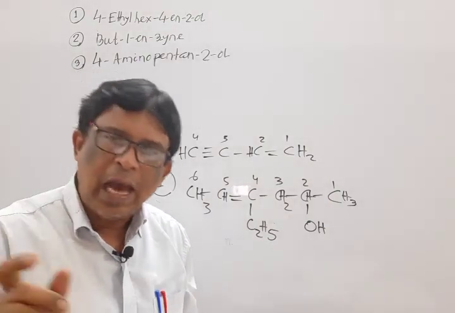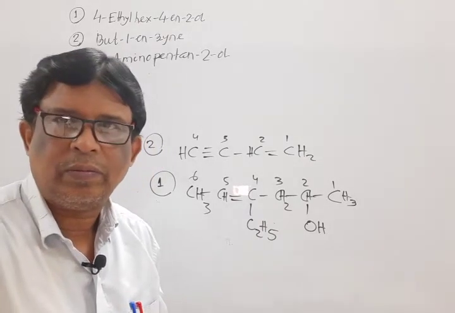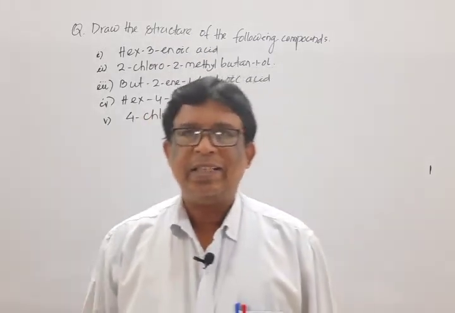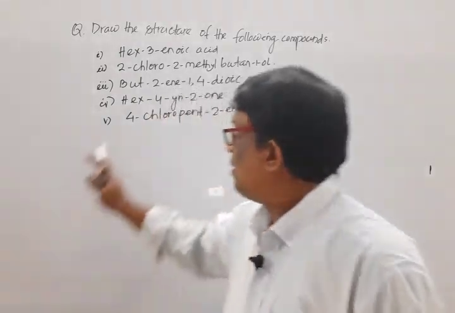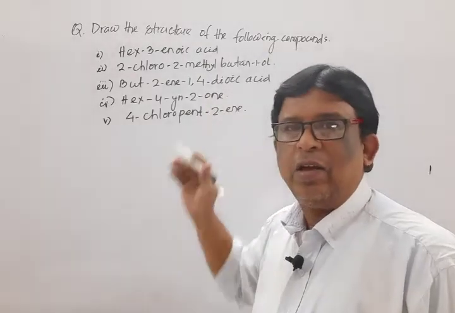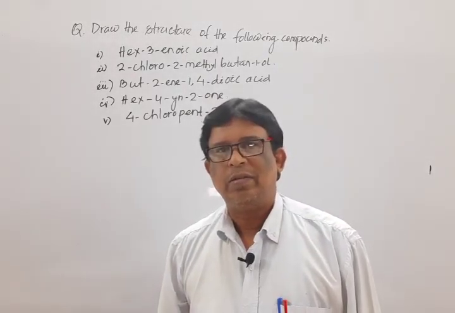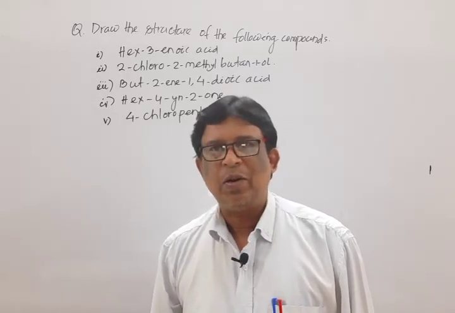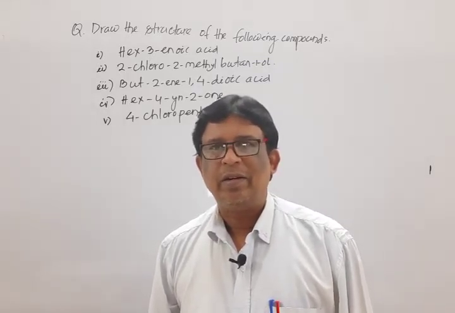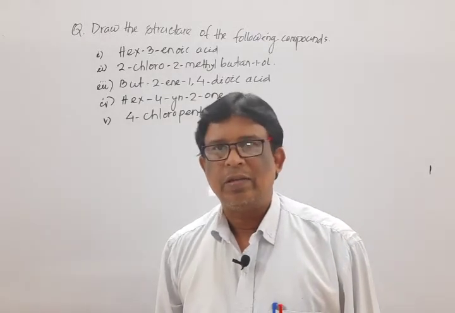These are a little idea, some answer for the question. That means the IUPAC name is given and we have to draw the structure. Mark that. It is homework for you. That means draw the structure of the following compound. The name is there, you have to write the structure. I hope you are a genius one. You can solve everything, just try. If not, then discuss in the next doubt clearing class.